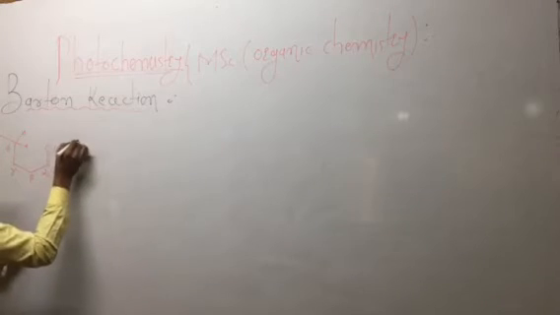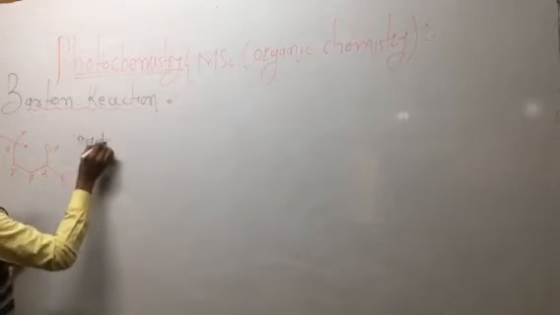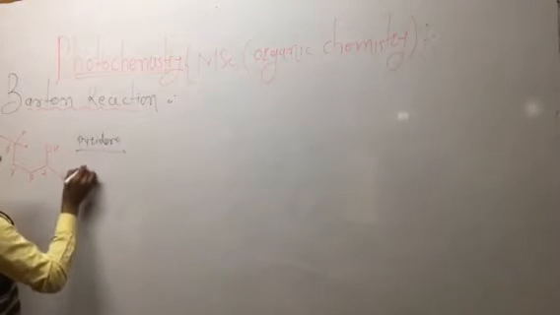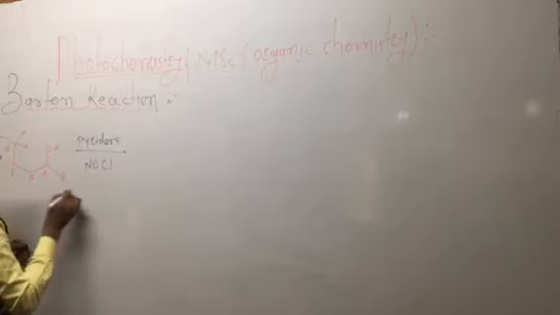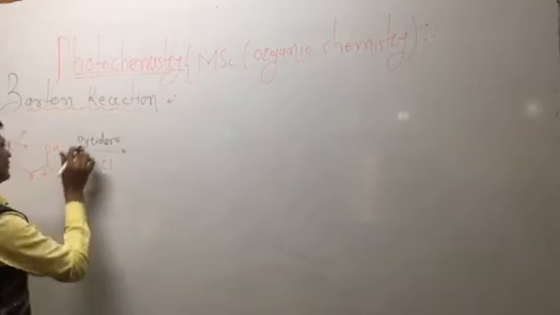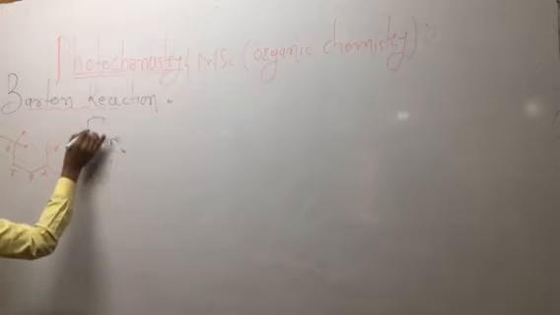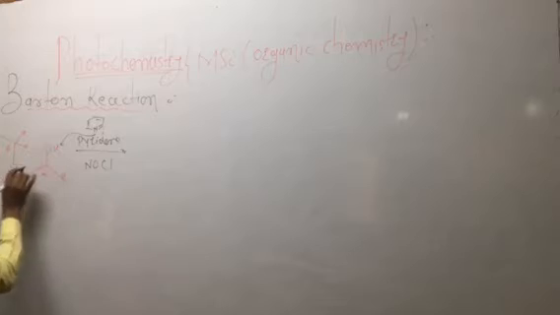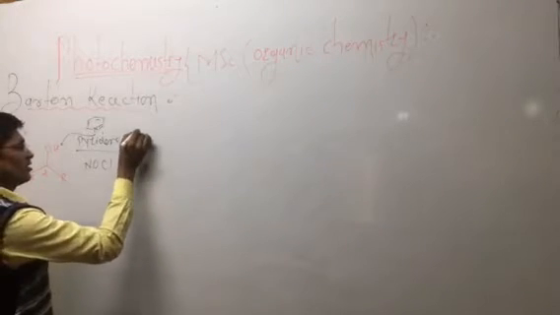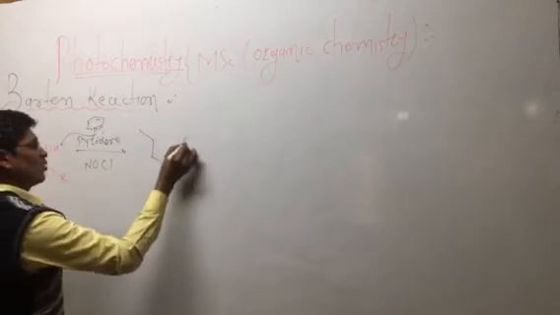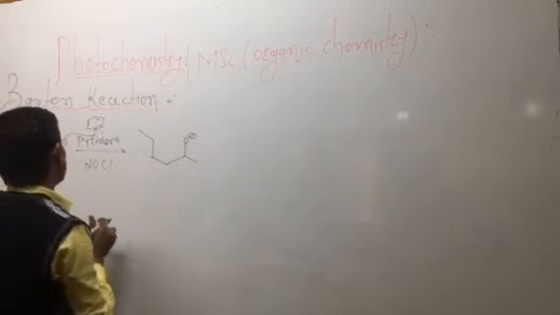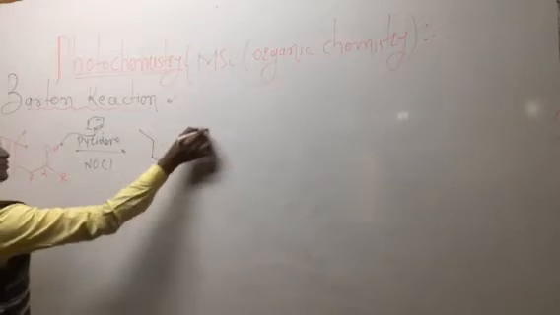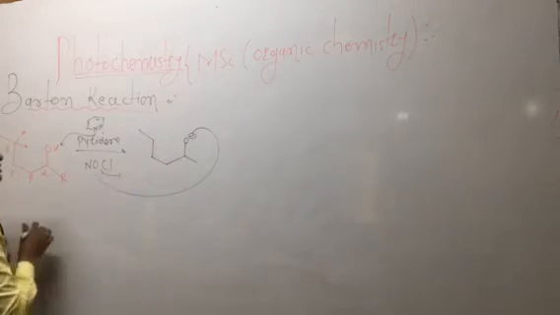It is treated with what? A basic condition, pyridine, a heterocyclic base, with NOCl, nitrosyl chloride. In the first step, pyridine acts as a base, a tertiary amine having a tendency to take the proton from this hydroxy group. Then the alkyl group is converted into the negatively charged alkoxide, which has a tendency for nucleophilic attack on NOCl, with loss of Cl.